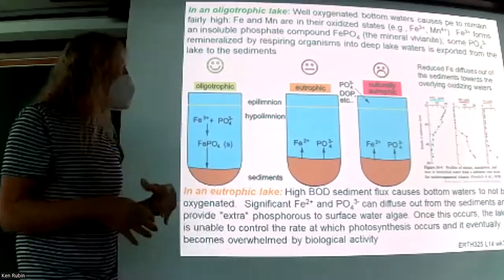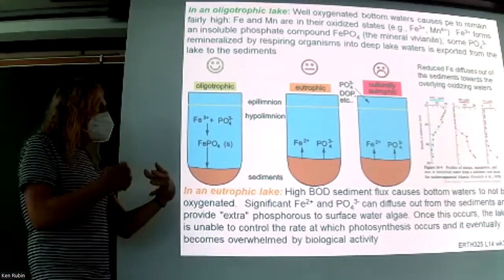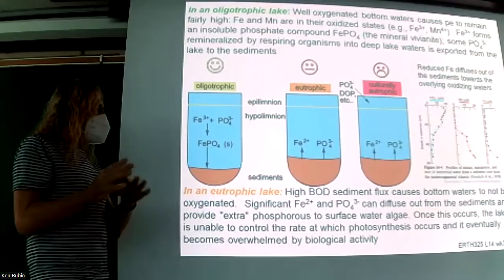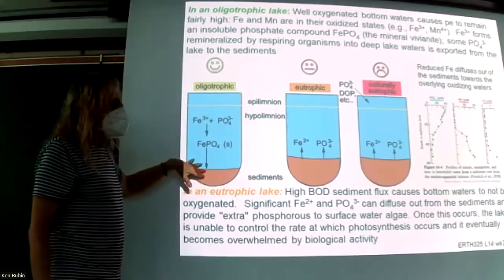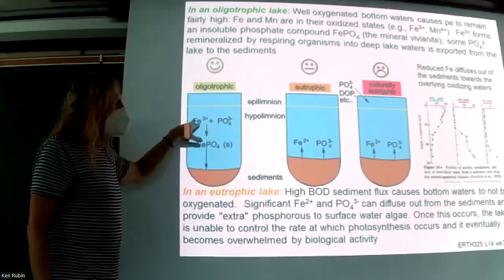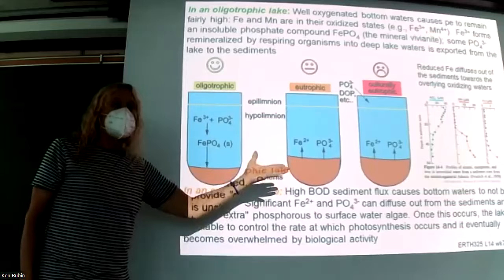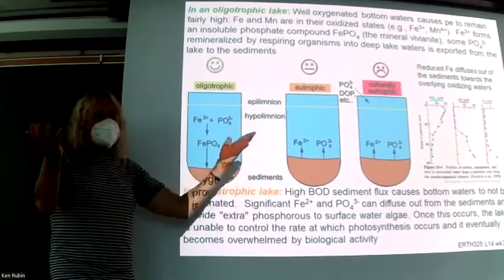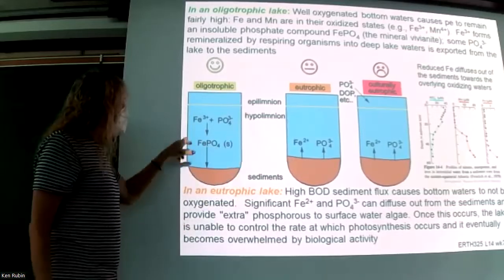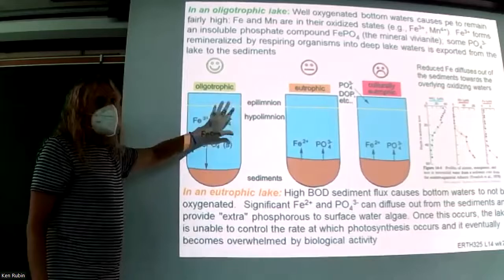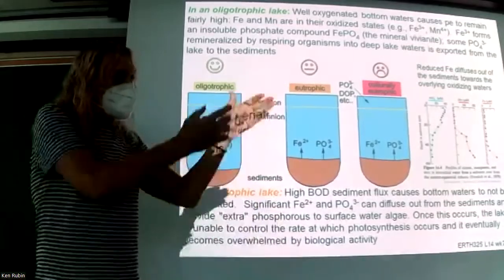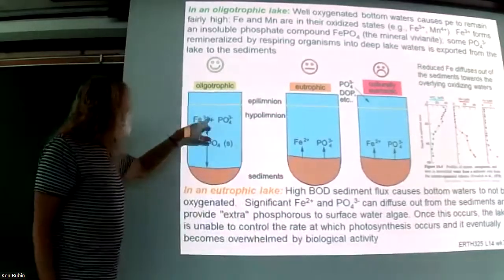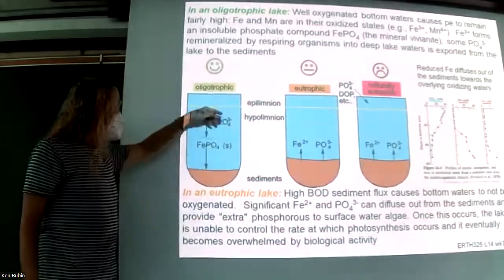If the water goes hypoxic and then into anoxia, it becomes so low in oxygen that the iron 3 plus gets reduced to iron 2 plus. Remember the redox ladder? Some amount of the phosphorus in a typical lake that is oligotrophic or mesotrophic, meaning on the way to eutrophic, the iron is still iron 3, and the phosphorus binds to that